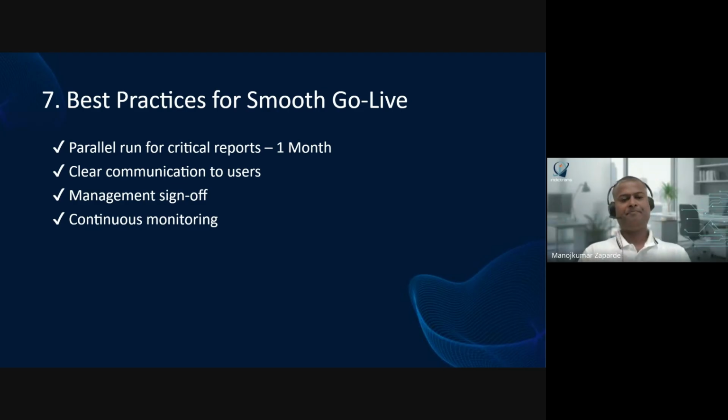Okay, so the best practices for a smooth go live. One thing, the parallel go live, like I suggested, for at least one month. Then clear communication to the user, so they know their responsibility and on what document type they need to perform what activity. That kind of clarity you need to communicate to the client or user, maybe in the form of a recorded session, maybe in the form of some documentation, but that needs to be